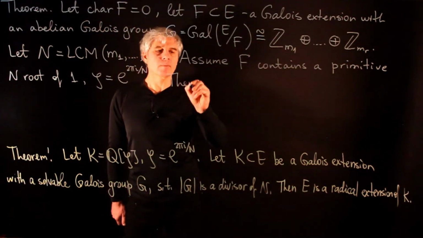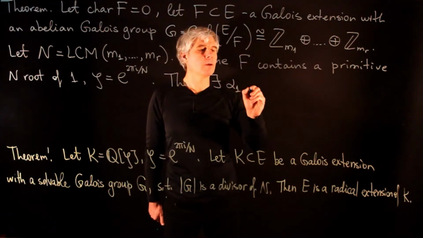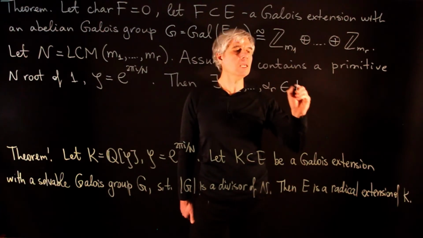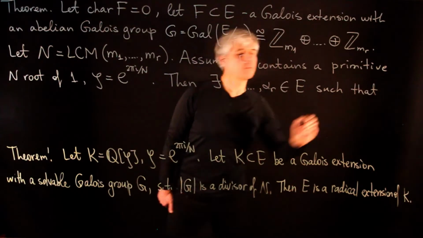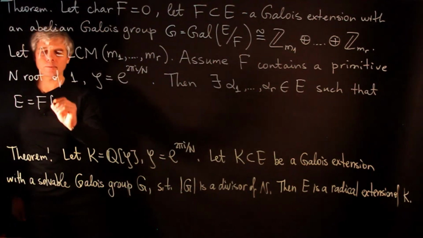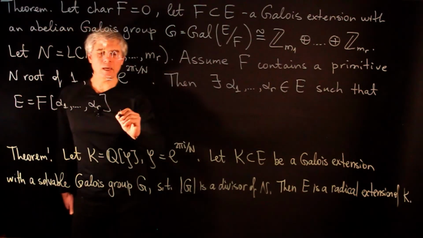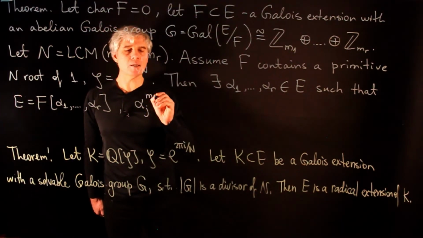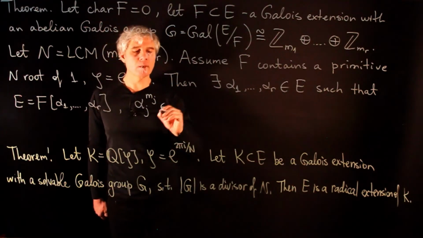Then there exist elements alpha 1 through alpha r in the field E, such that E is generated by these elements over F, and moreover alpha j to the power mj, where mj is the order of the corresponding cyclic component, belongs to